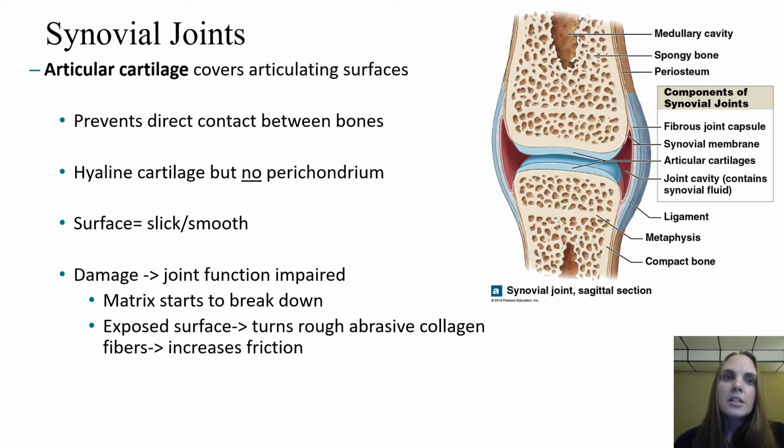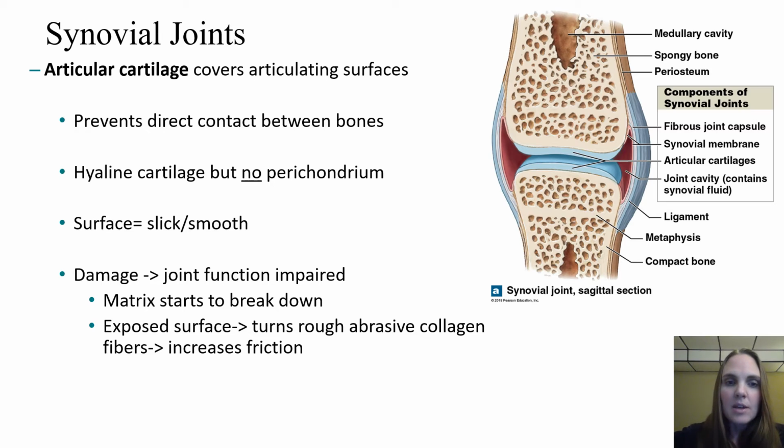So that hyaline cartilage, that articular cartilage, covers those articulating surfaces, and this prevents direct contact between the bones. It is similar to the hyaline cartilage elsewhere in the body, but within the synovial joints, we do not have a perichondrium or that fibrous sheet covering the cartilage here. And the matrix of this cartilage in the synovial joint has more water than other cartilages. The surface of that cartilage is very slick and smooth, and the cartilages are separated by a layer of synovial